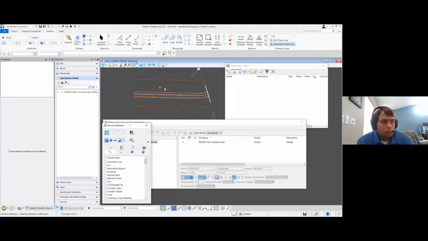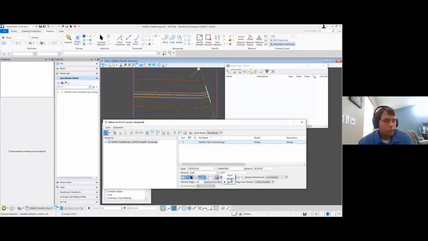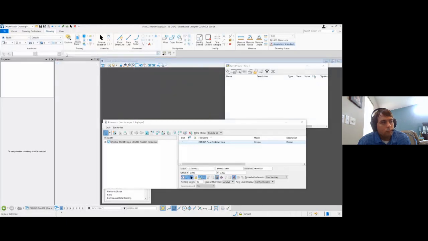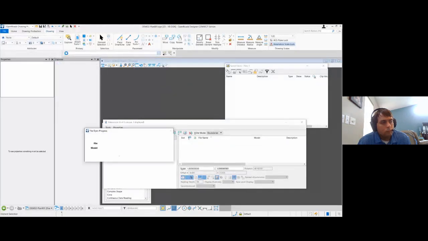So if you're trying to use those saved views, you will have to turn off the display overrides, or at least turn it off from never and on to something else. So if I do that and I update from saved view again, save settings, and now I reload the file, they will stay off.